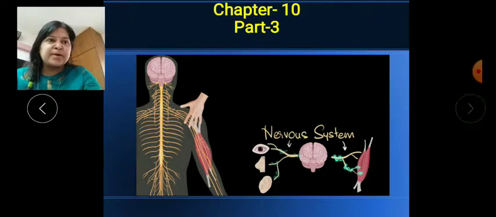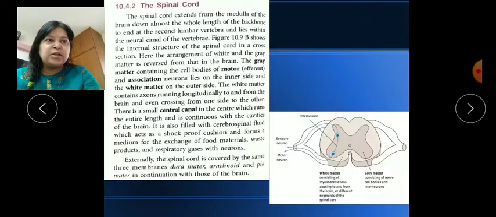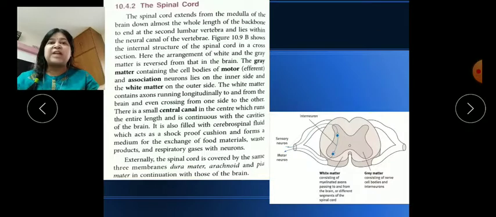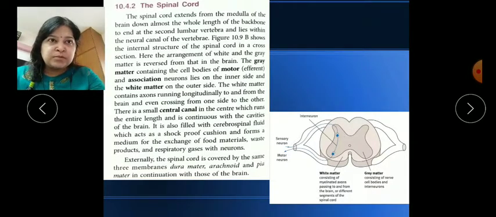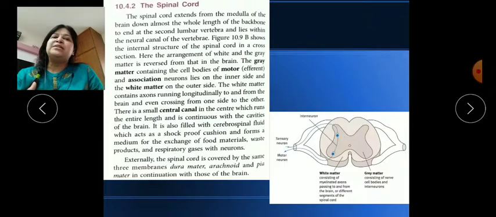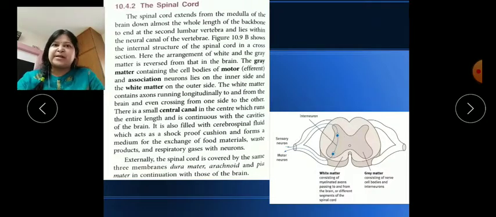So you should remember. Now in lower classes, I have explained the reflex action also, so you should revise that also. Now children, here also, I told you that in the brain gray matter and white matter are present. They are the nerve fibers or cell bodies of neurons. The same way the spinal cord also contains gray matter and white matter. The only difference is their arrangement is opposite.